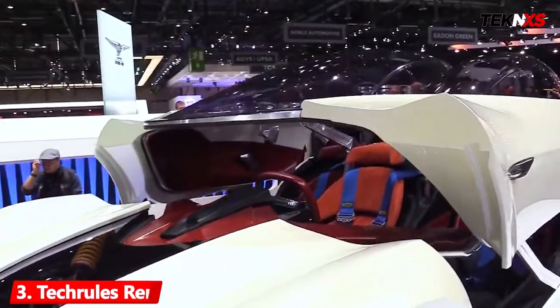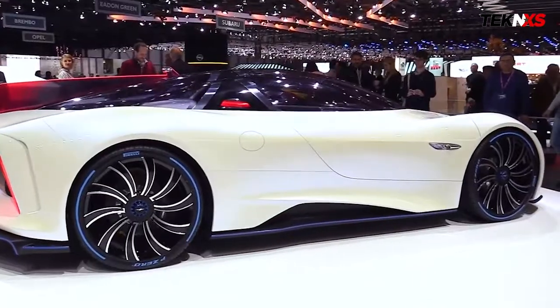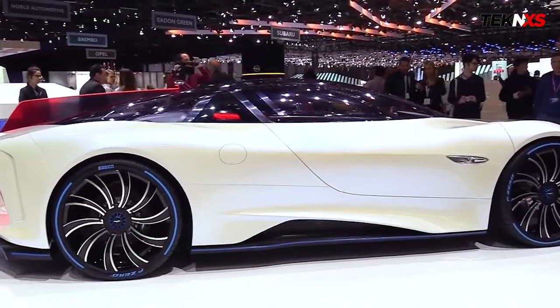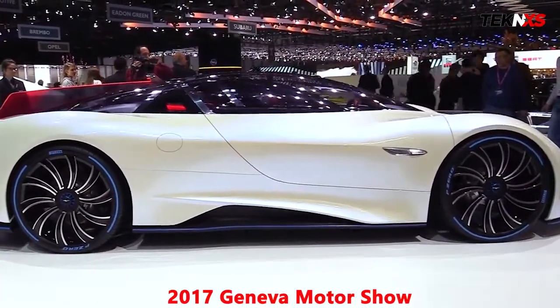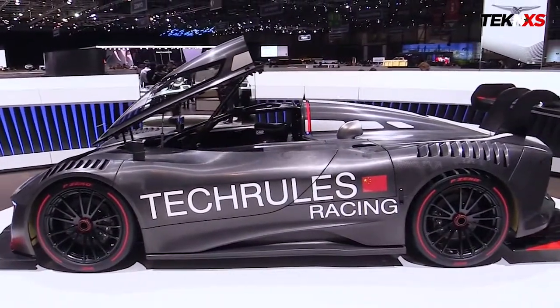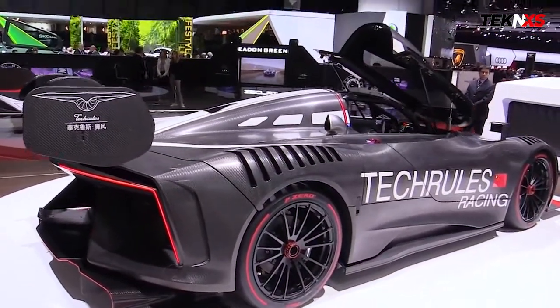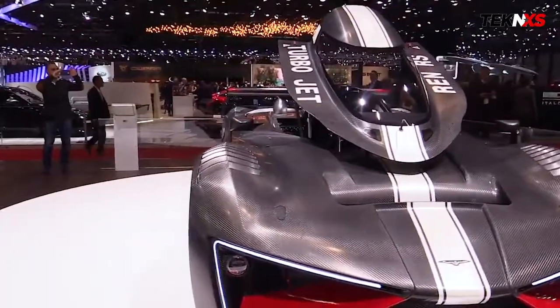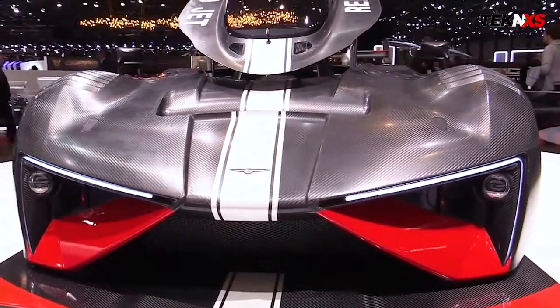Moving on, Techrules Ren. Techrules Ren is a single-door high-performance sports car designed by Techrules. It was unveiled as the world's first turbine recharging electric vehicle system at the 2017 Geneva Motor Show. According to Techrules, the Ren RS is designed with a form-follows-function theory, which makes sense considering the aerospace influences described previously. The RS gets bigger air intakes up front, which helps increase the amount of cooling air flowing